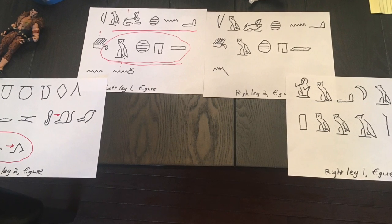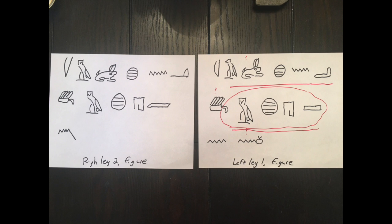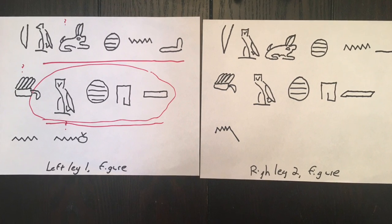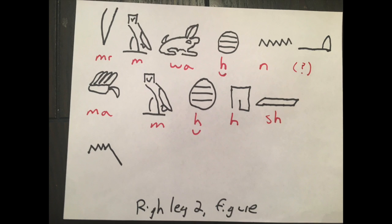So here I've written out both legs, the inner thigh and then the outer thigh, if you will. And again, looking at both the figure and the PR shot, I'm definitely going to go with the figure as the source material, because the PR shot is just a checkoff, if you will, just a sniff test. So looking at the inner leg, they're the same thing on the left and the right. They repeat. It's the same sentence, looks slightly different, but I think that's just from Hasbro's limitations. For example, the second glyph on the left leg is a vulture,